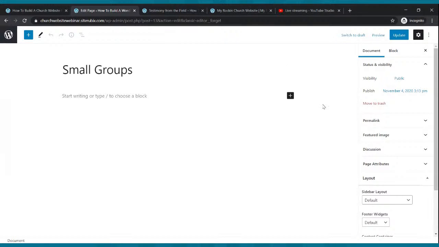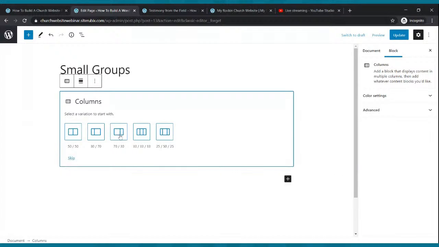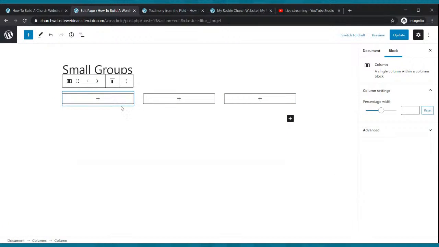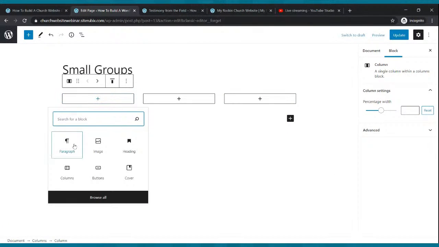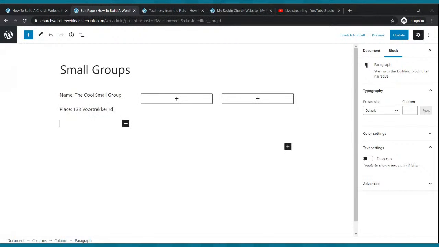Okay. So now what I want you to do is click the black plus, find columns, and then click the 3 columns. Then I want you to click the plus and click paragraph. And then it's going to say name. We're going to call it the cool small group. Place: 123 Fort Trekker Road. Time: